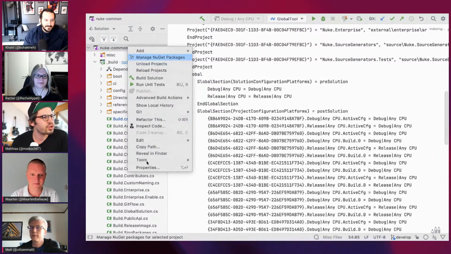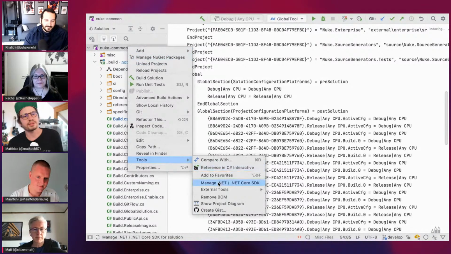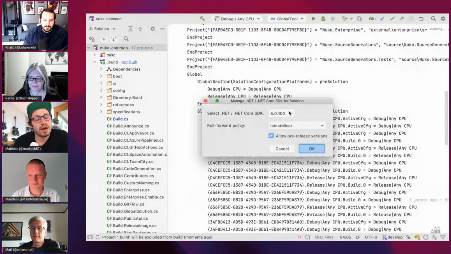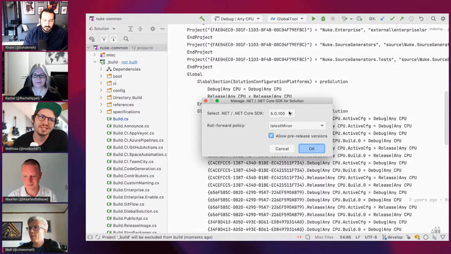On your solution node, you can go to Tools and then Manage .NET and .NET Core SDK. And from here, for everyone who hasn't heard about the global JSON file, that is the file that you can add to your repository to make sure that even your colleague, for instance, after checking out the repository, will use the exact same, not necessarily the exact same version, but you can specify the requirements for the SDK version